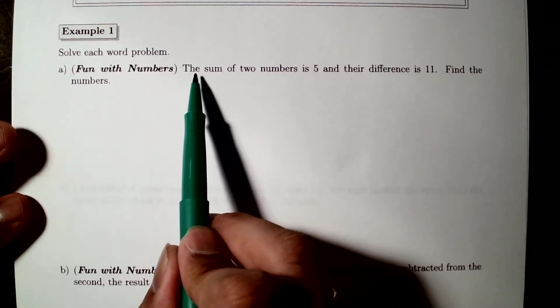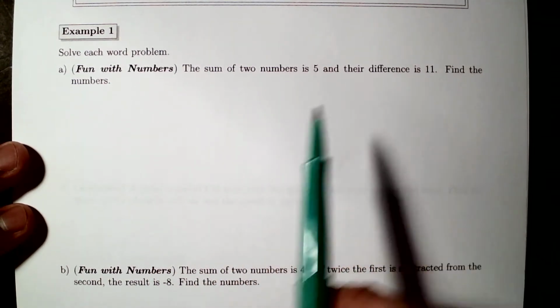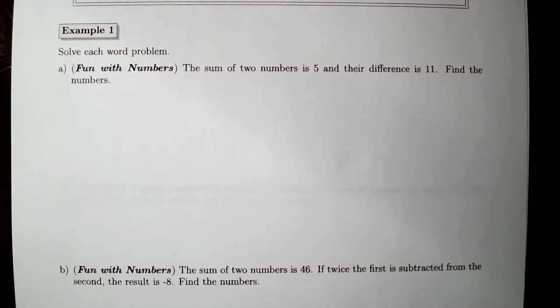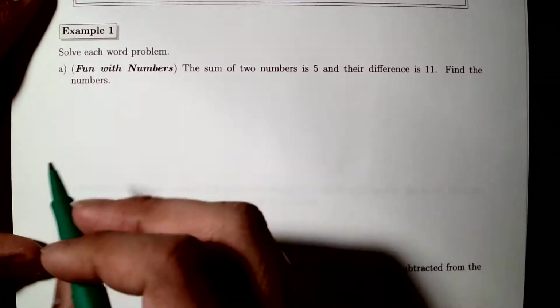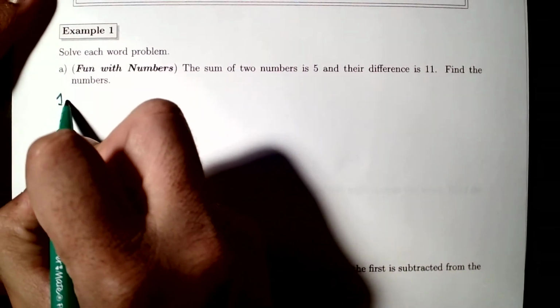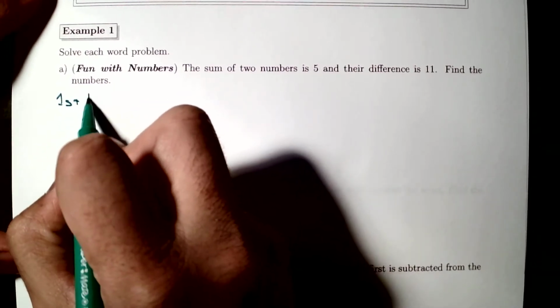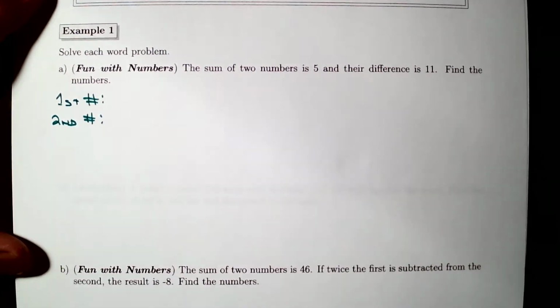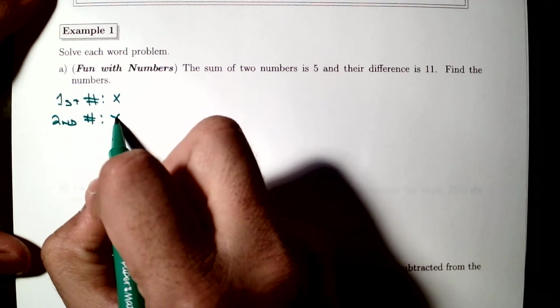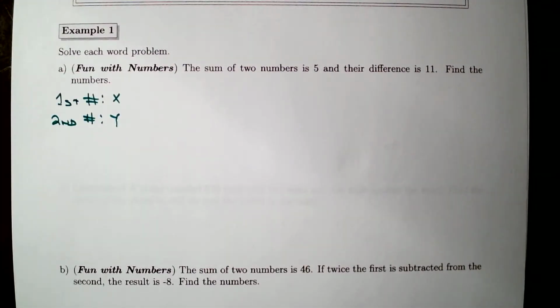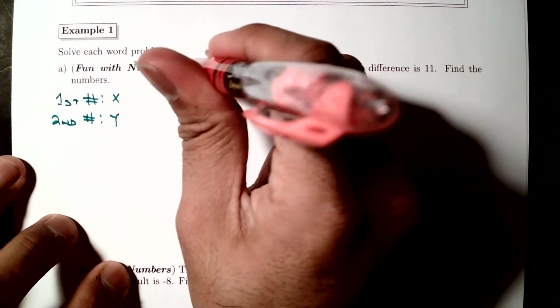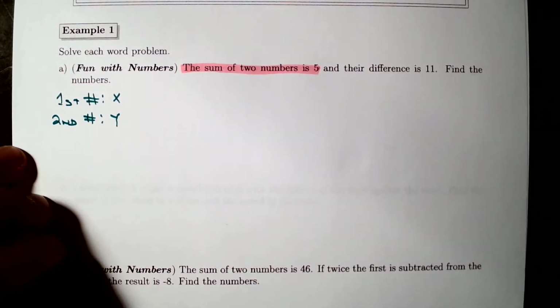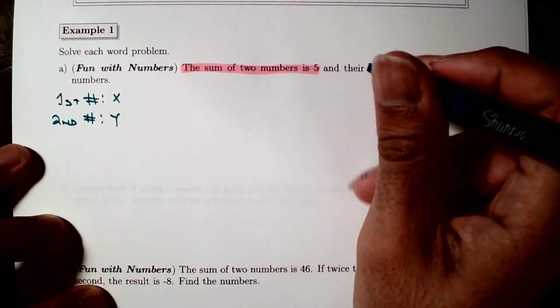Like this example: the sum of two numbers is 5 and their difference is 11. Find the numbers. It would be a good idea to label the first number and the second number. So the first number, I'm going to call it x, and the second number, I'm going to call it y. The first sentence is telling me that the sum of two numbers is 5, and their difference